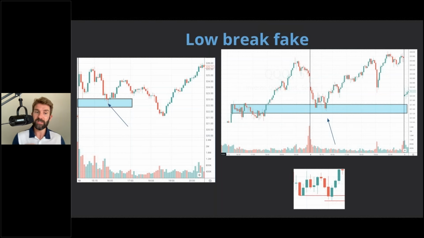A low break fake basically says, once the low has been put in, if it subsequently breaks that low and then comes back above that first low, there's your entry. If you look at the bottom middle-ish, I put a small example there for you. The first low is put in, that's the first red line that goes right back to the left. As you come back up through the low again, that's when you take the trade, and your stop goes below the low. A little bit more aggressive, you can get whipped out a few more times on this, but it's a defined trigger. And most importantly, it's got that quantified stop.